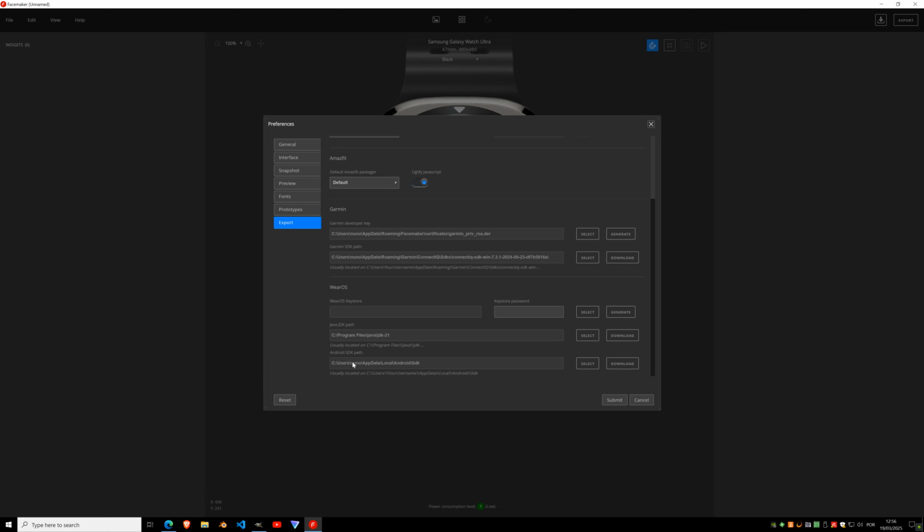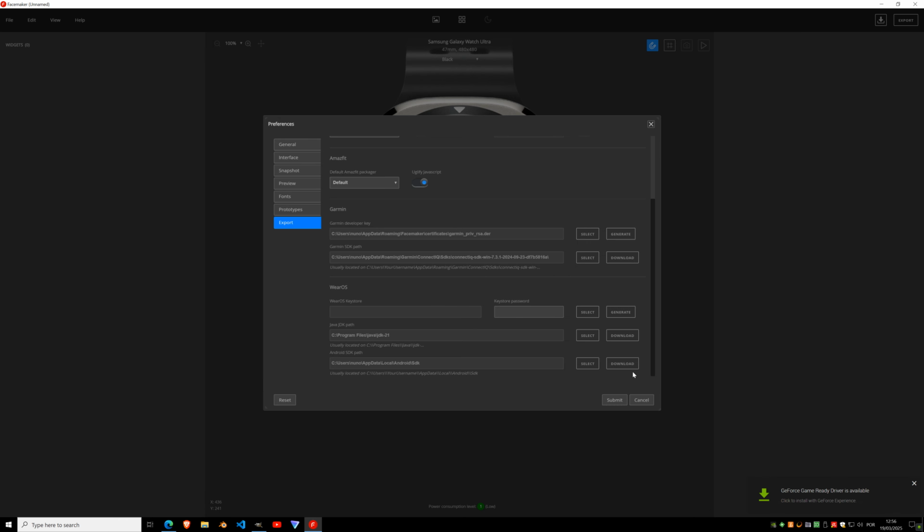And also the Android SDK path. So this is huge, okay? I tried to make it small, so the download wouldn't take so much time, but yeah, it will take some time. So download these two, one at a time, of course, and you also have to create a Keystore for